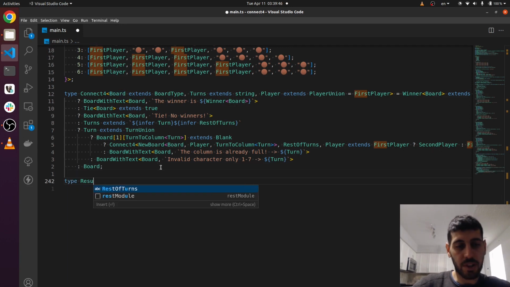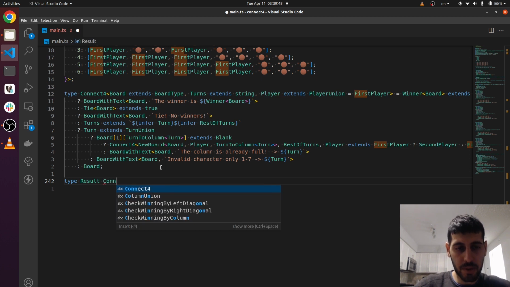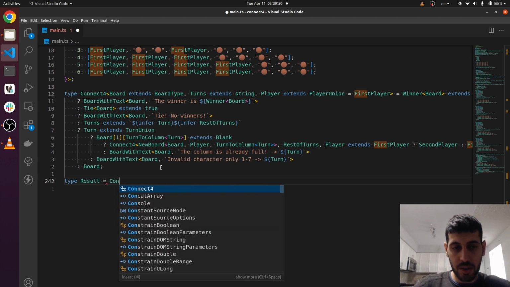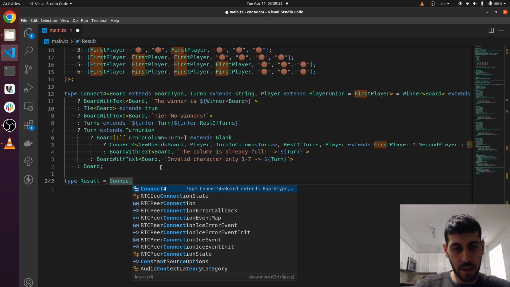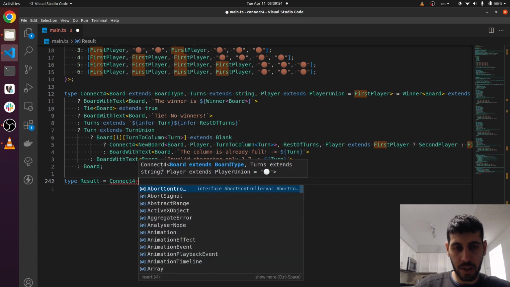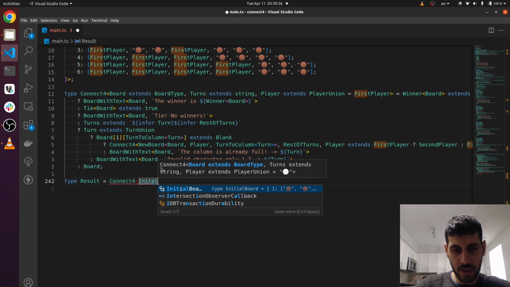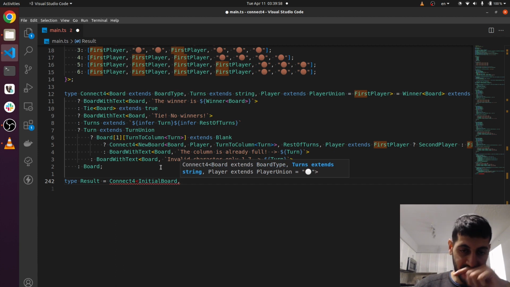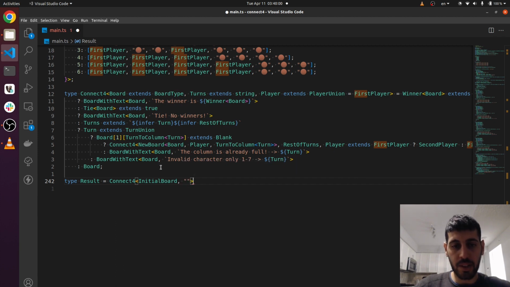So type result connect4 for initial board and an empty string. So I can actually do it the other way around. I'll just have it here to be equal to initial board, and here I just have turns, which extends string,